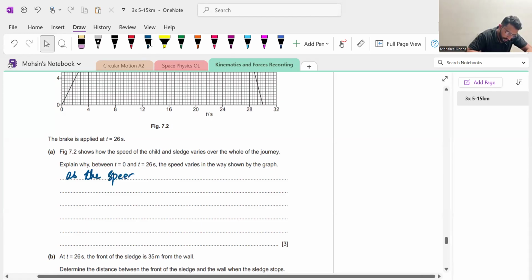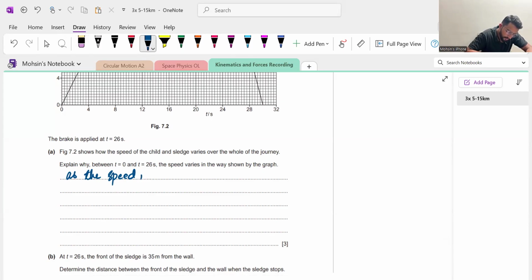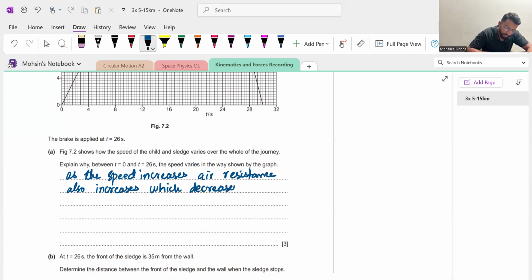As the speed increases, air resistance also increases, which decreases the resultant force and acceleration